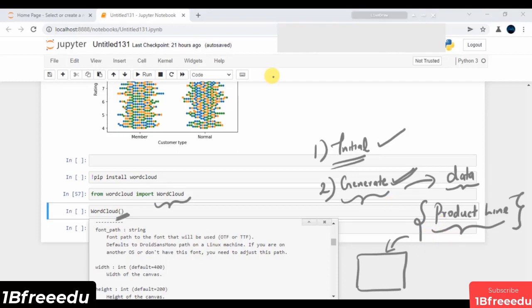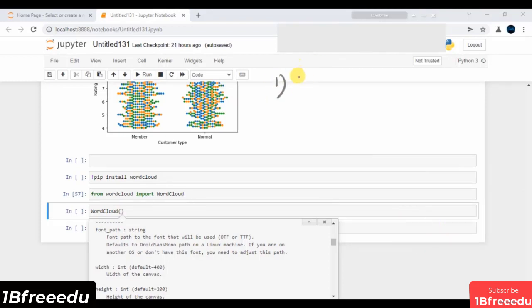The very first one is, you can use some basic loops on top of your product line features, and you will store all the data in some string or whatever data structure you want. It depends upon the use case, and of course it depends upon how efficiently you store your data. The second way is you can use some inbuilt function of Python. You can think of using this join function. So let's try to do it using this join function, and we will prefer it over, of course, using the